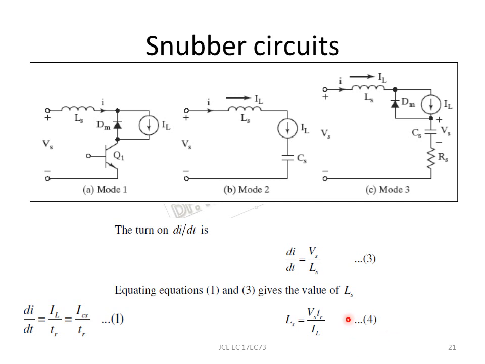So what we are doing now is designing this snubber circuit. For designing the snubber circuit, I need to find the value of Ls, and I can find that using this concept, knowing that the inductor voltage is equal to L into di by dt, and equating it to the first equation that we had derived from the waveform, I get a value for Ls. Now what is left is to find the values of Cs and Rs, which are the other two components of the snubber circuit.